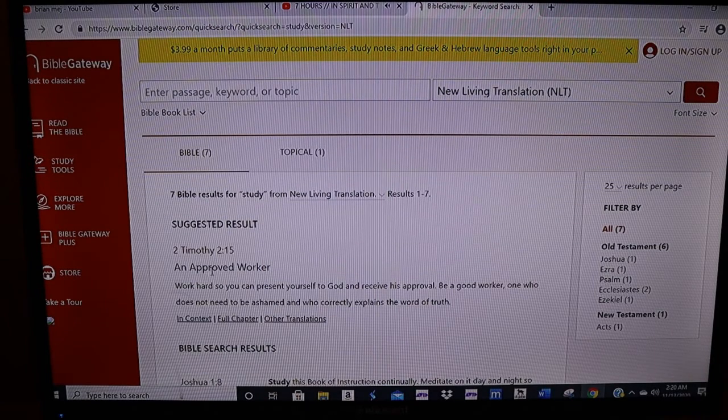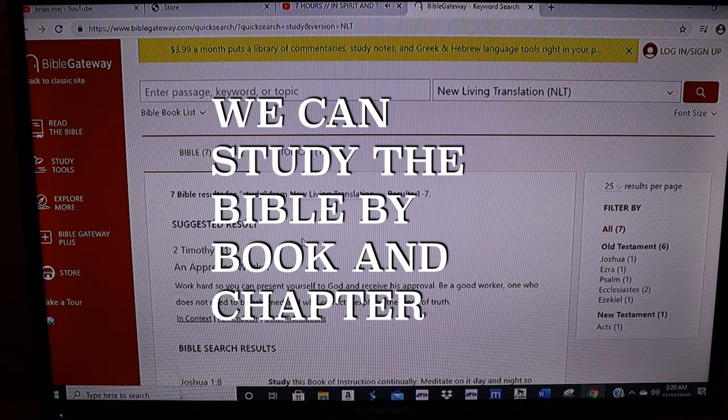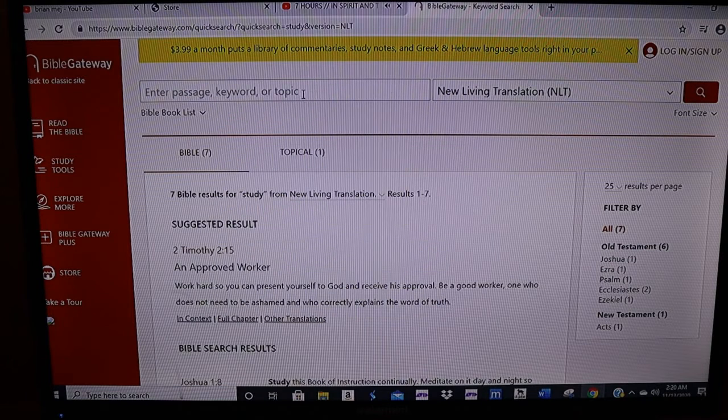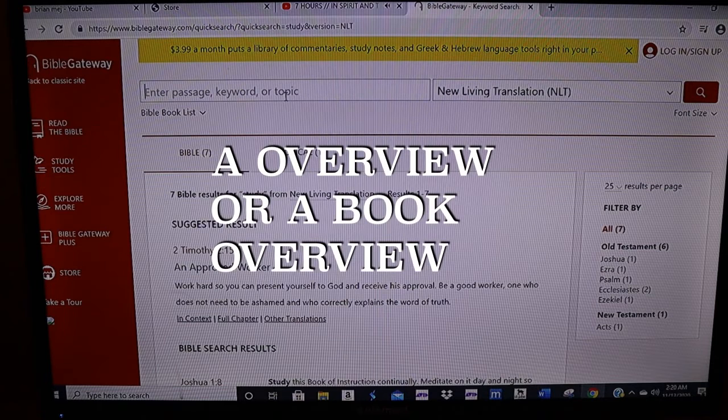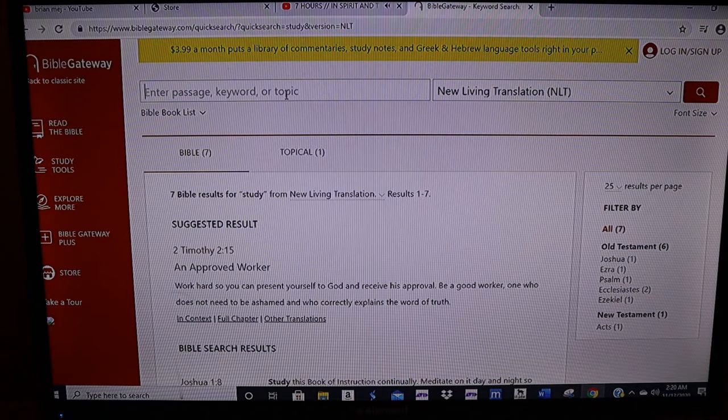Another thing I want to add is we can study the Bible by book and chapter. For example, some Bibles have what is called an overview, or a book overview, where it summarizes what the main theme in the whole book is. For example, if it's the book of Matthew, it'll explain in your overview. Many Bibles have those inside the Bible, and I recommend that everyone gets a physical Bible that